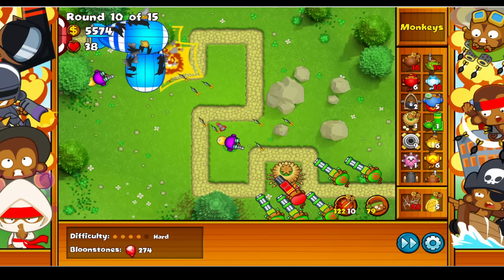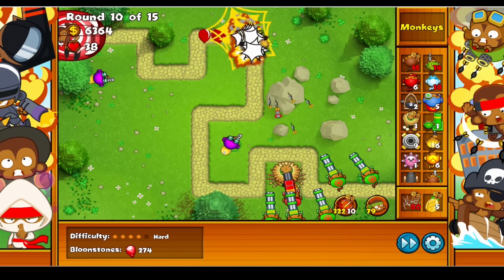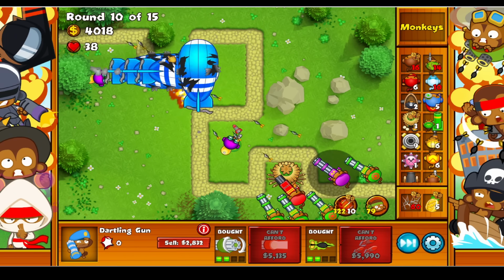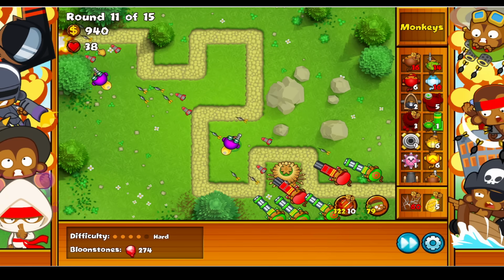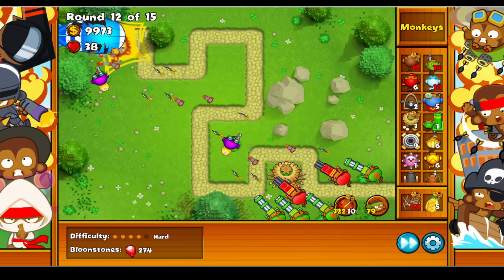Which is good because round 10 not only had a few modes at the end, but a BFB as well. And I really think that the lower tier Dartling Gunners are doing a good job of dealing a lot of damage to it, while the rockets absolutely tear through the resulting ceramics. And thus, going forward, the next several rounds were quite easy, as I continued upgrading more of my Dartling Gunners,